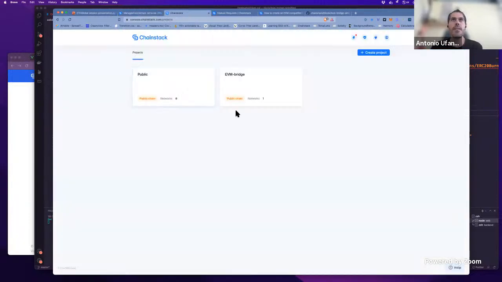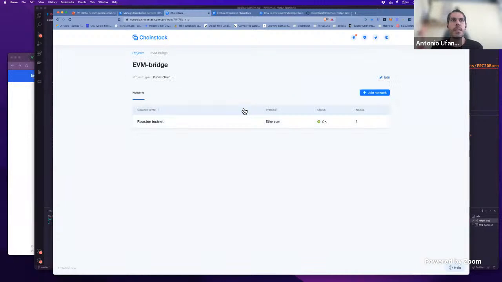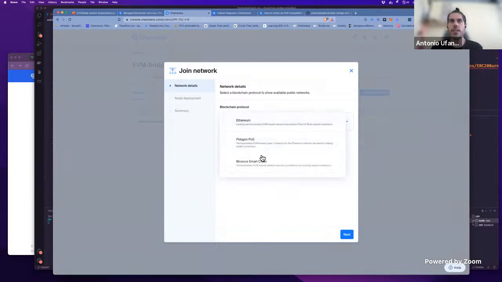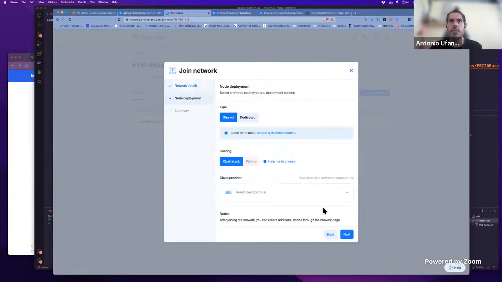So this is our console once you're logged in. And I have created a project here that is EVM Bridge. And I already have one of the blockchain nodes, which is Ethereum Ropsten. And I'm going to create another one for the destination of the bridge, which is going to be Harmony. Yeah, it's pretty simple to use. Just select the